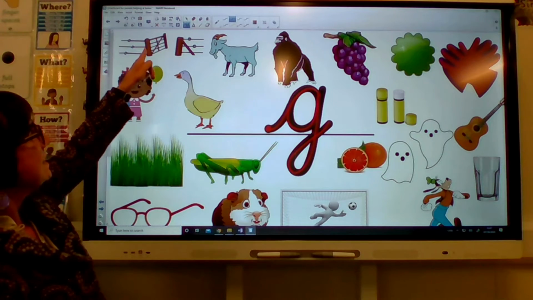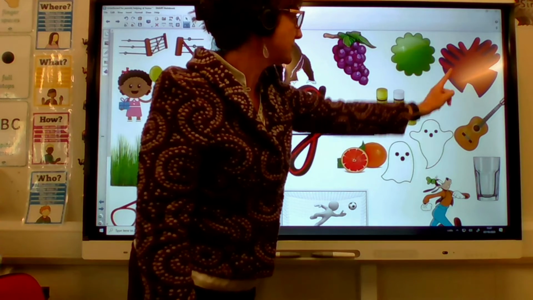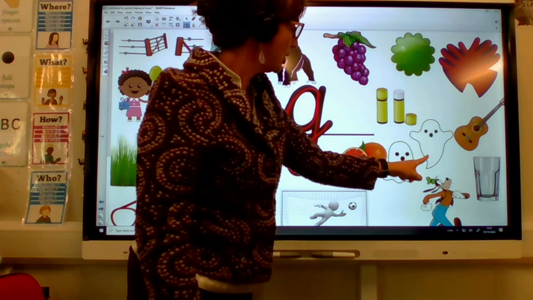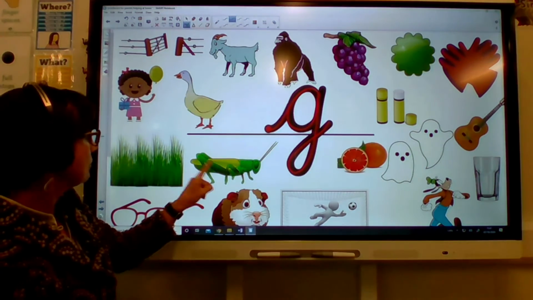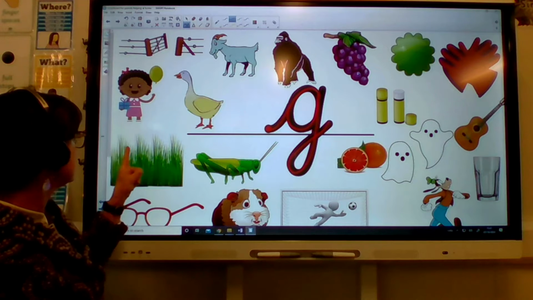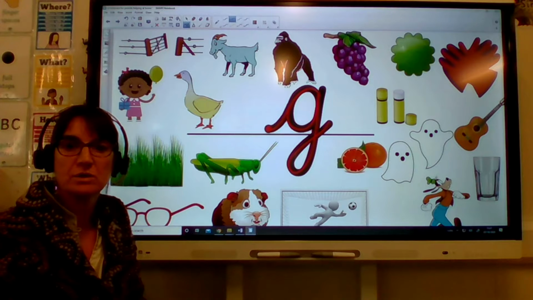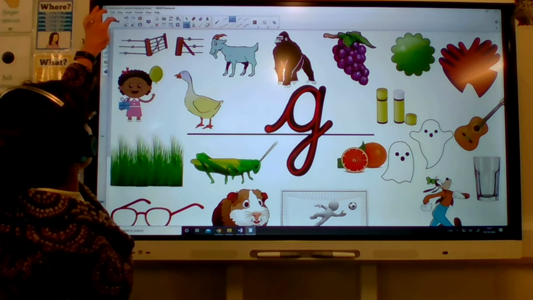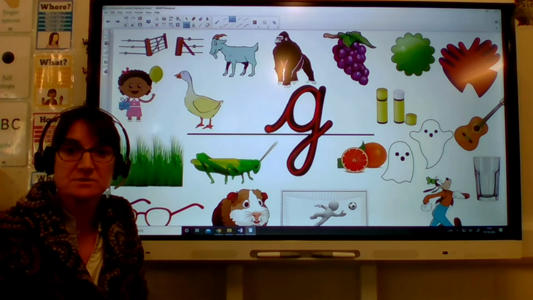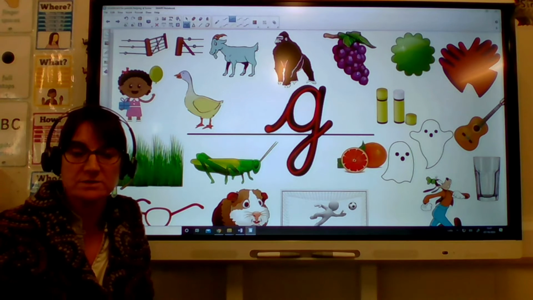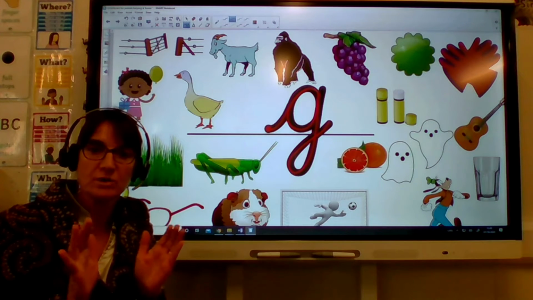Okay, so we've got gate, goat, gorilla, grapes, green, gloves, guitar, glue, ghost, grapefruit, goofy, glass, goal, grasshopper, guinea pig, glasses, grass, girl, goose. Really emphasizing that G sound. It's likely at the end of that session the children would then go and practice writing G with an adult, and I'll come to that, talk a little bit more about that when I do the writing part of this